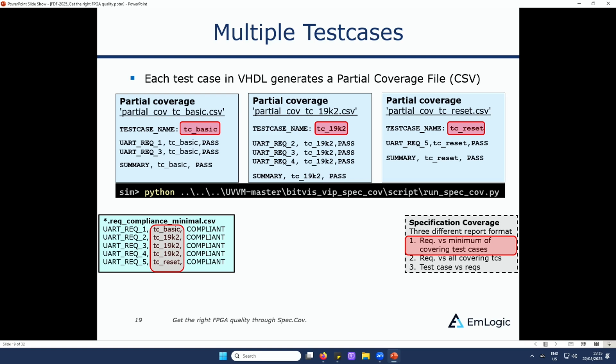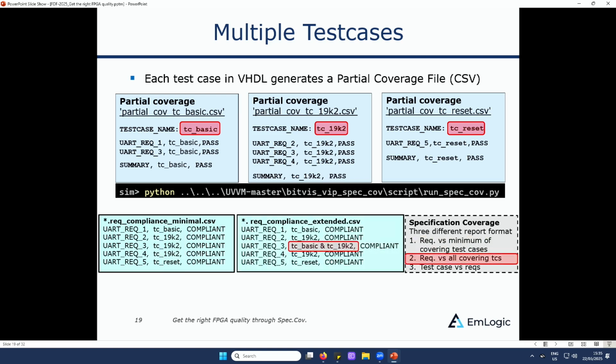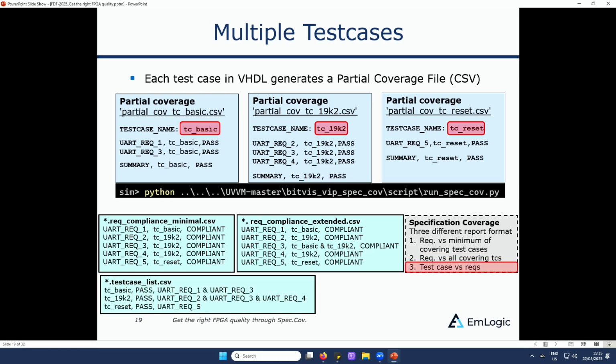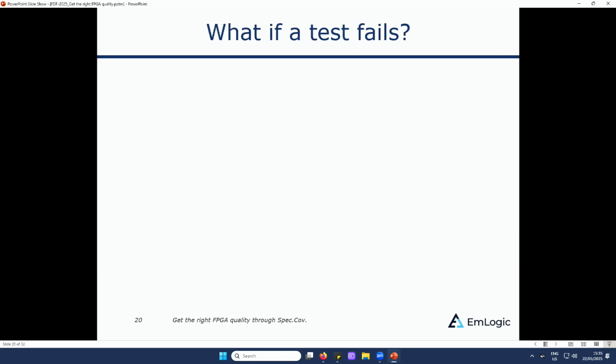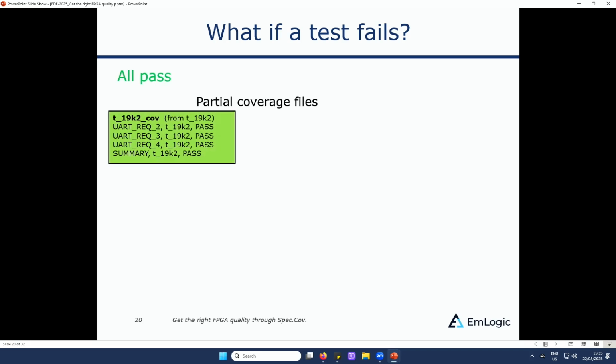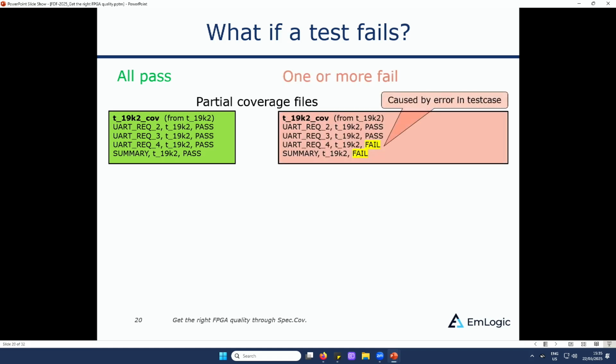Then you see you have the requirements versus all covering test cases, and then your test cases versus requirements. So what if a test fails? Then this is the result I just showed, where you have everything working, everything passing, and you see the partial coverage file. Then if one fails, you will get a result saying in this partial coverage file that it did actually fail,